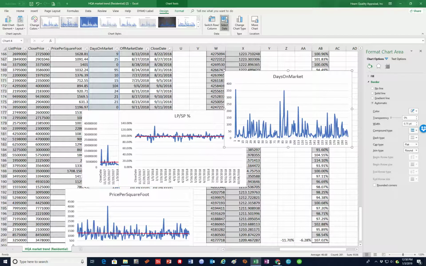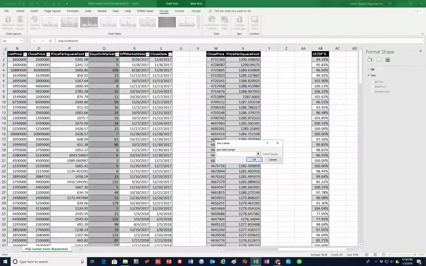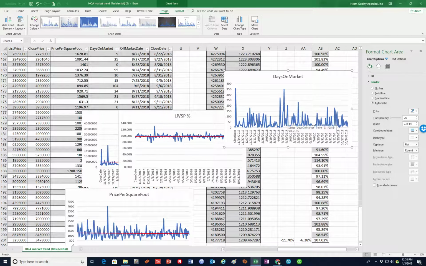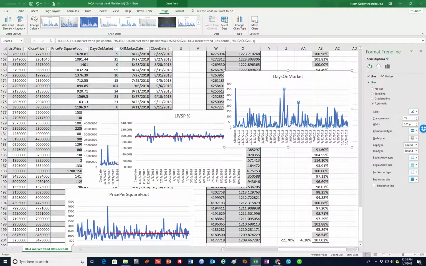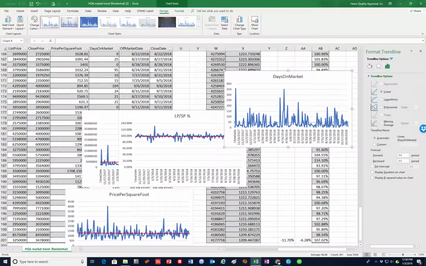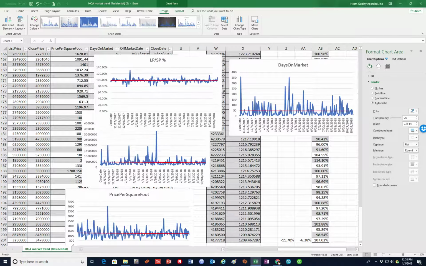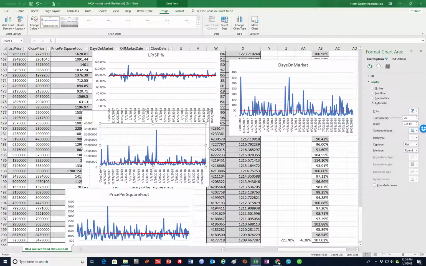Let's add the dates. Save it. Pretty flat. We could add a trend line. Yeah, not much change. So I'm going to say it's a pretty stable market, considering